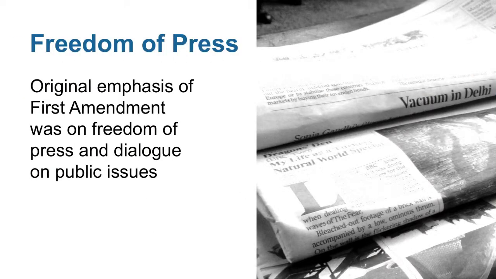As you probably remember from your American history courses, or maybe not, the original emphasis of the provisions on freedom of the press were on what we think of as the press. Now, Benjamin Franklin's, they called them tracts, were a little different shape and a little different color than our modern newspapers, but they served the same purpose. They expressed opinions about the government and tried to create a dialogue on public issues. And that's really where we started with the First Amendment. And we still do that today.